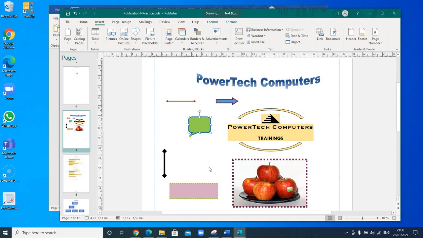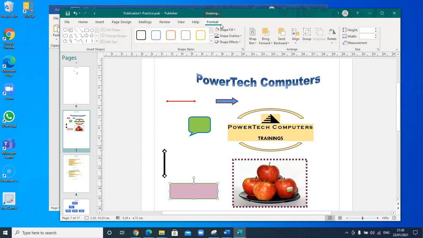So how do you group two objects? You have to first select them together. I will click on the rectangle. Let's assume I want to group the rectangle and the line here. I click the rectangle. Now to select this line together with the rectangle, I have to make sure I'm holding down the control key on my keyboard. So I press the control key and I click this. You see both are selected. Then I can go to